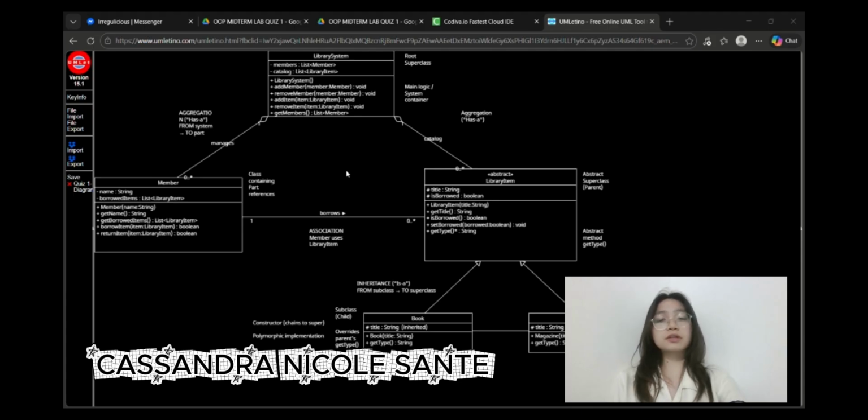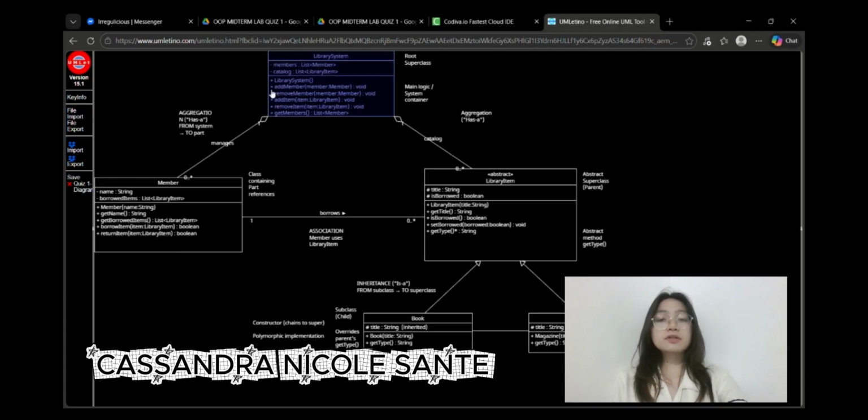To initialize this structure, the system invokes the library system constructor, which establishes the necessary collections. The operations in the bottom compartment are marked with plus symbols denoting public methods, which include add member and add item, which serve as the primary interface for populating the library.